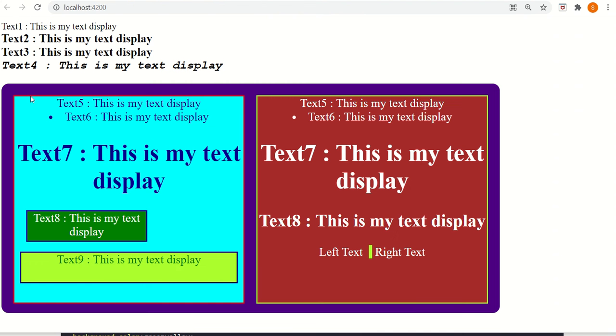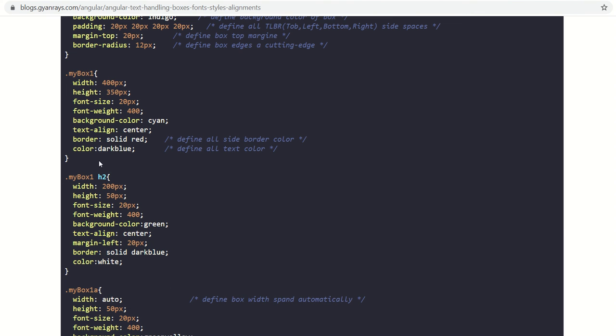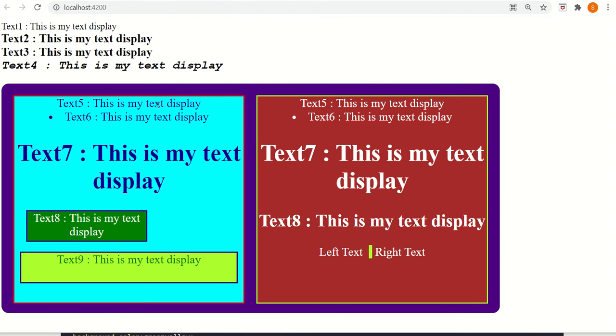Now you can see in the output the border color is solid red. I have not defined any edge, and you can also see all the text is centrally aligned. Nothing is on the left or right side. Every text is in the center. The color is dark blue. So the color of the text provided is dark blue.